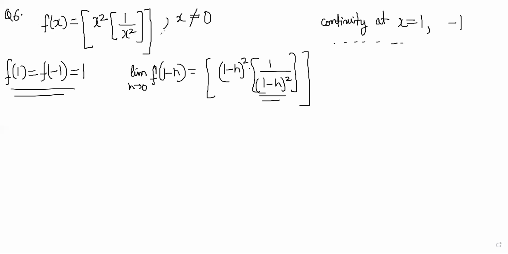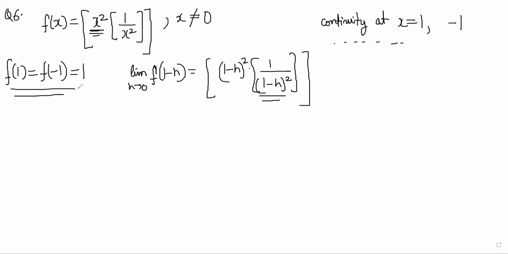And just below 1 also you can do like that, right? Because this 1 by x square will become like 1, that will become 1, right? And this one will become less than 1, so it will become 0. So the whole thing is discontinuous at 1, right? The same thing will happen at -1 also.